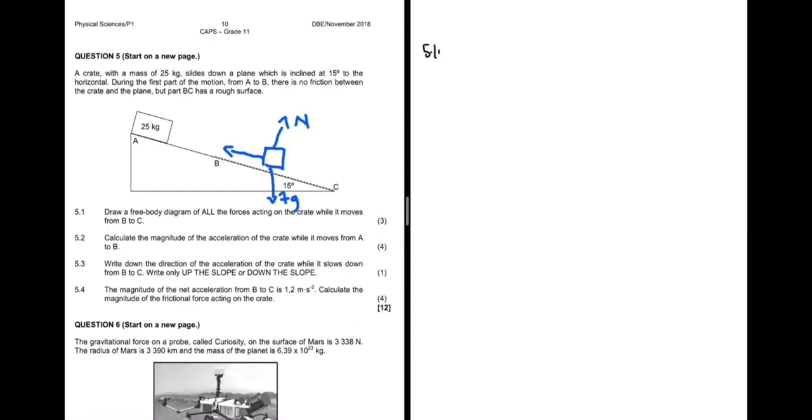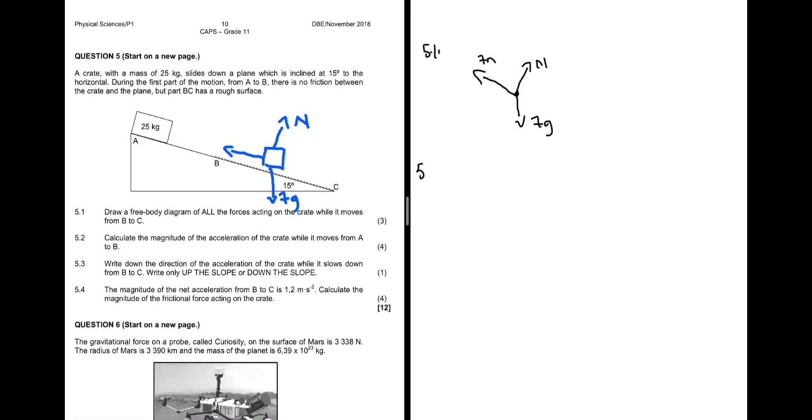So if we draw a free body diagram of all those forces, we're going to have our free body there, and then the normal force, the FG, force due to gravity, and then we're going to have our frictional force, and with that we're going to get our 3 marks. And now we can move to